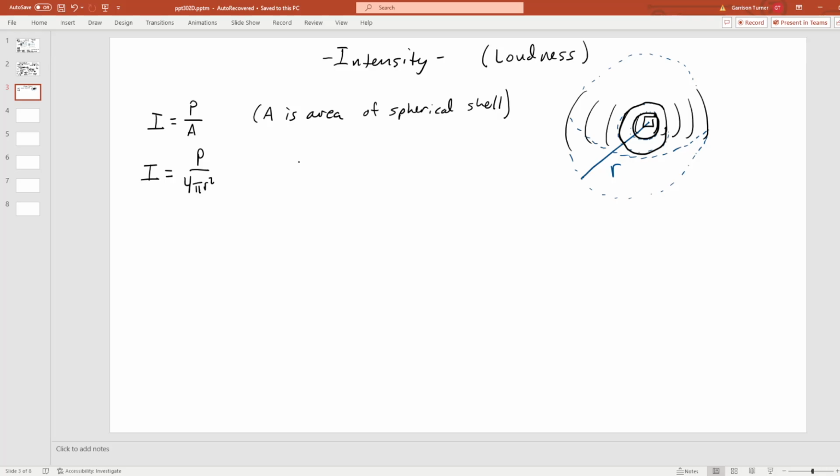So the power is the energy produced by the sound per unit time. Okay. So for a given object, this is going to be a constant